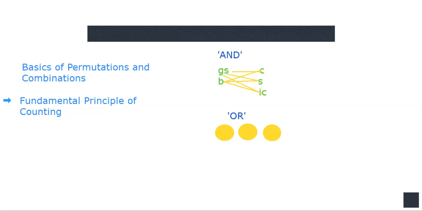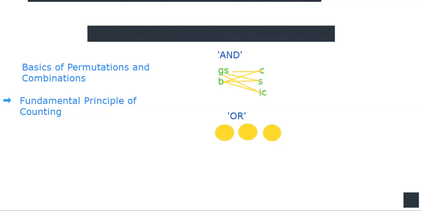Let's suppose we have three balls here, ball number 1, 2 and 3. In how many ways do you think I can select a single ball? The answer is 3. Now how did I attain the answer 3? It's simple, right? First we can select the first ball, or we can select the second ball, or we can select the third ball. Now the main focus here is the word or.